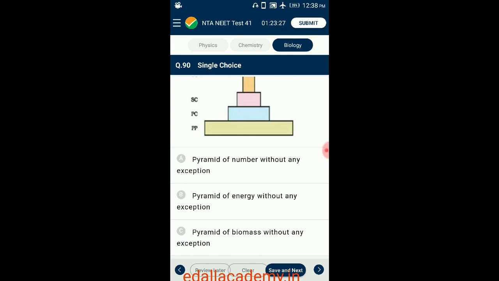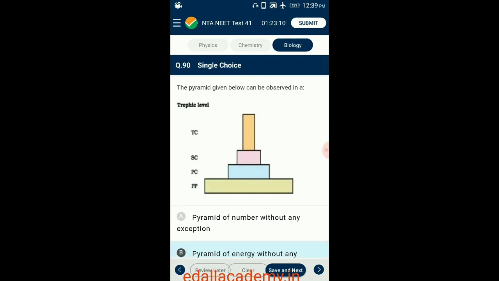Then the third type of pyramid is the pyramid of energy. It looks always upright, with no exception. So the answer for this question is option B, pyramid of energy without any exception. So the given pyramid